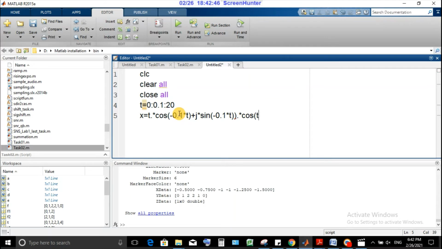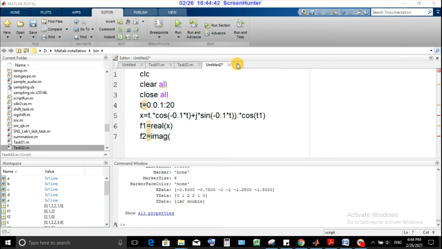Cos t1. If we want to see the real part, we can use the command real and pass it argument x. And if we want to see the